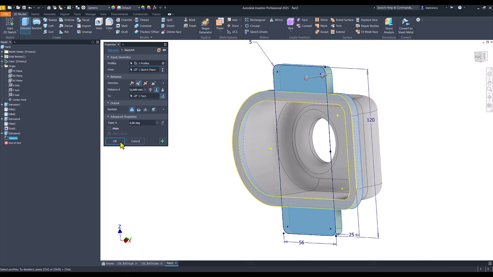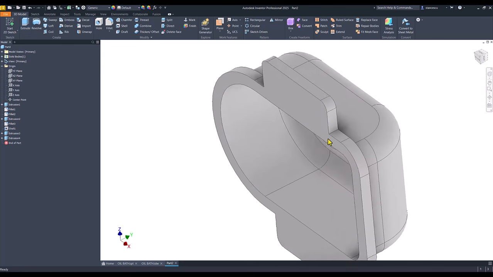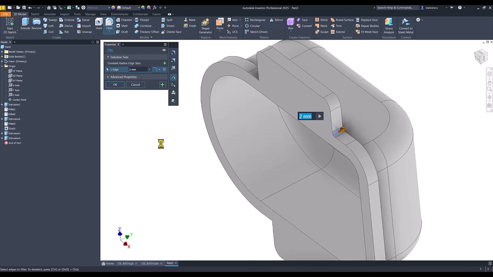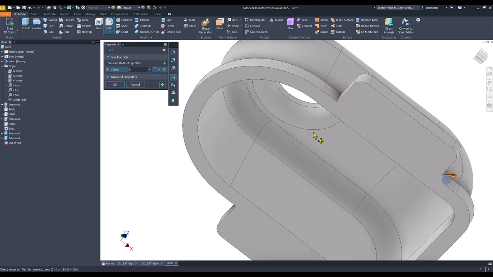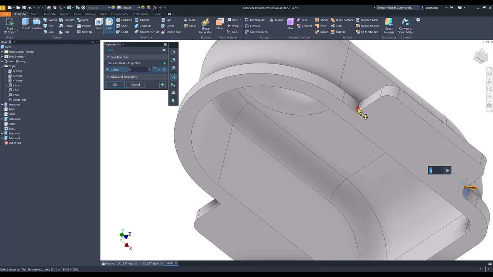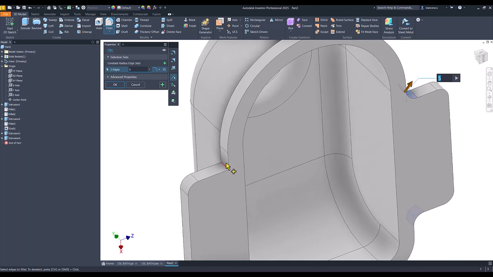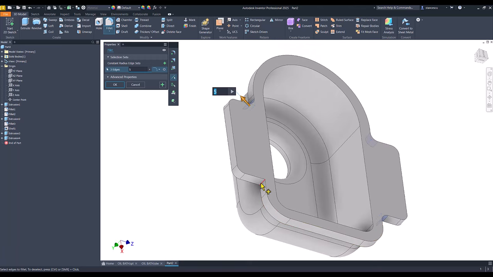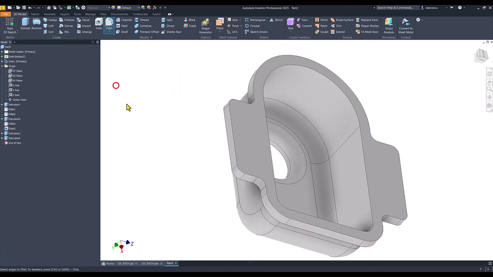You see? Okay, other 5 millimeters fillet is here at these 4 corners. Okay,